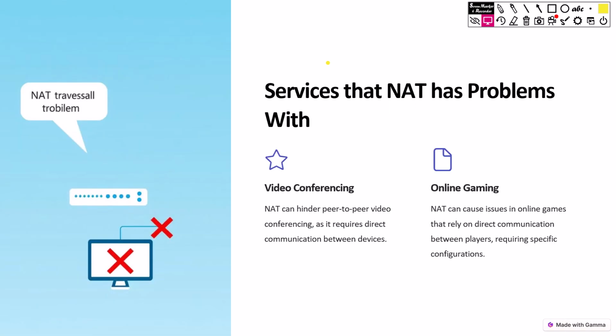Now, while NAT is useful, it does have limitations, especially with certain services like peer-to-peer communication. Applications like Skype or online gaming often rely on direct device-to-device communication, which NAT can complicate. Voice over IP: protocols like SIP sometimes fail because NAT changes the IP address in the headers, breaking the communication. VPNs: some VPN services struggle with NAT because the translated address disturbs the